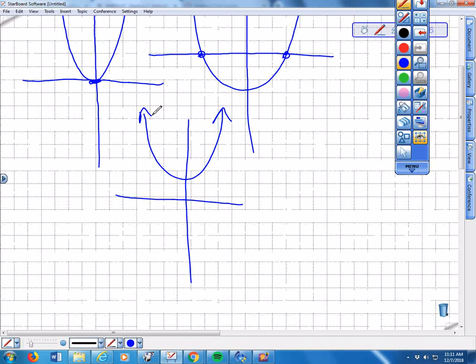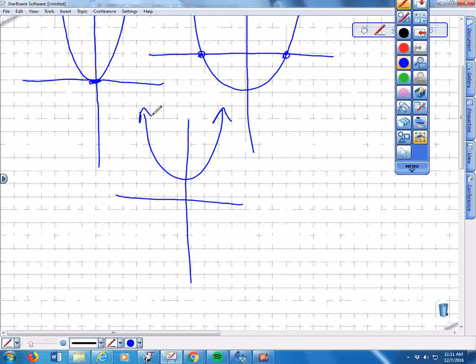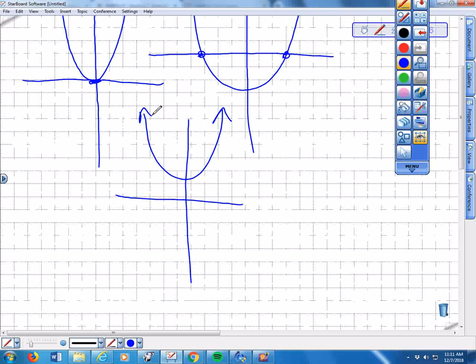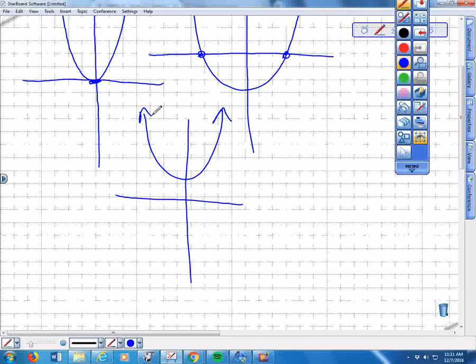That's why imaginary numbers are important, because we still have to deal with them to find out what the zeros are, what the roots are. And it tells us a lot about what the graph of the parabola looks like. Okay? So getting back to